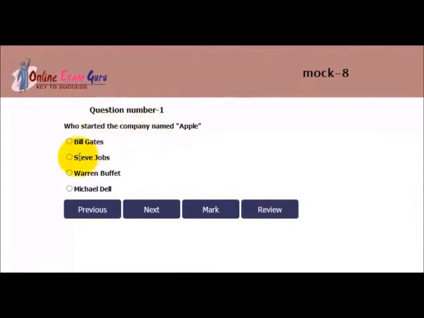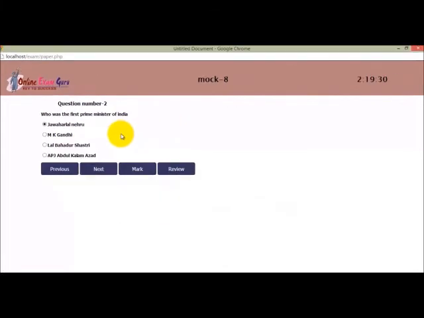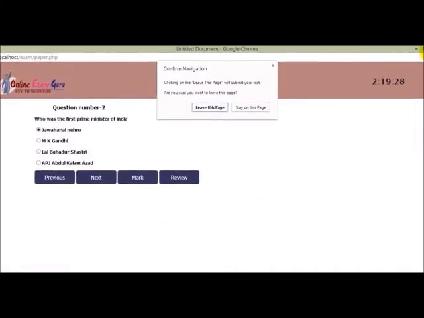Who started the company? Okay, Steve Jobs. So the point to be noted here is that the questions would not be given in the same order as they were entered. They would be produced randomly to each and every user, so that any two users don't have the same set of questions in the same order. Again, submitting the test